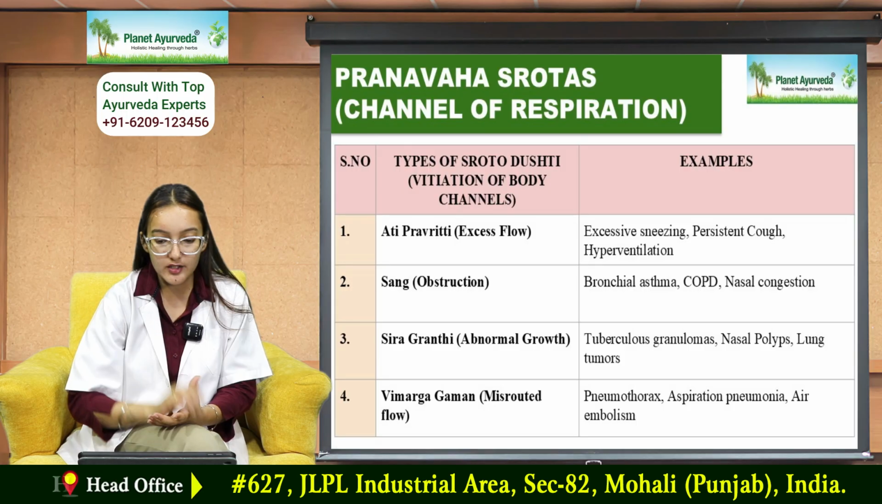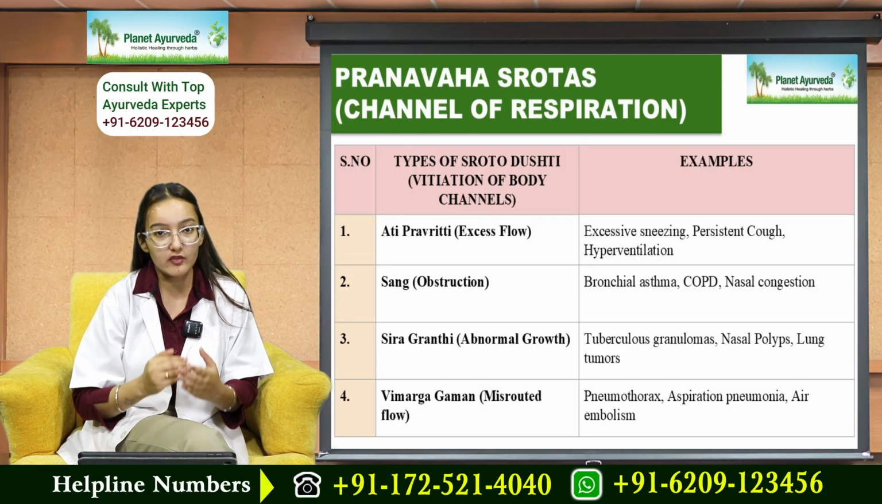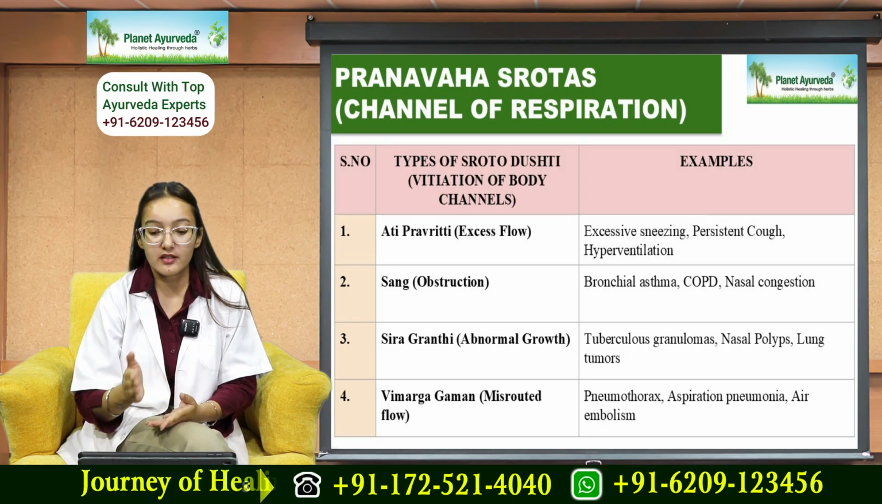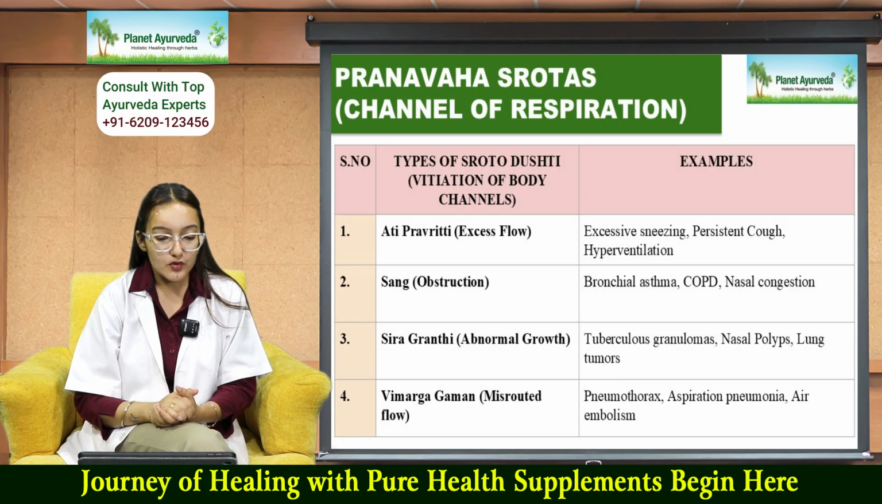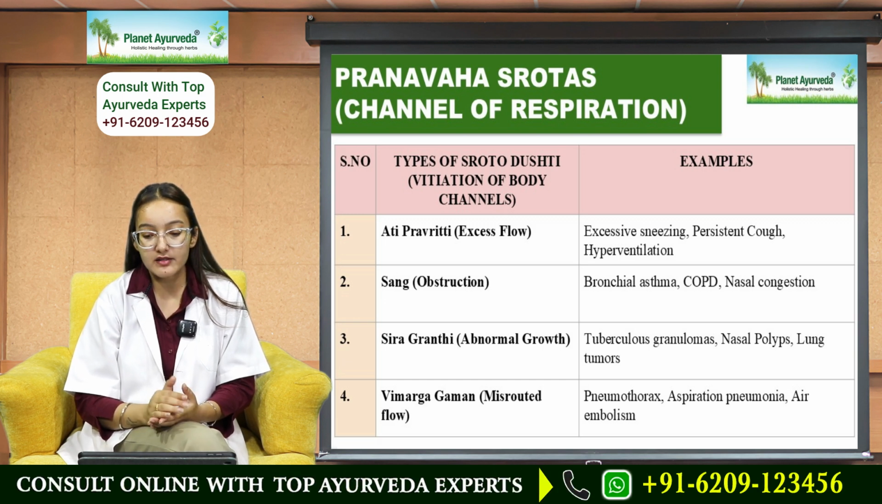Then, on the next page, it is mentioned about the types of Srotodushti, vitiation of body channels, and what kinds of diseases occur due to that, with examples. So ati pravritti, excessive flow. For excessive flow, here are the examples: excessive sneezing, persistent cough,